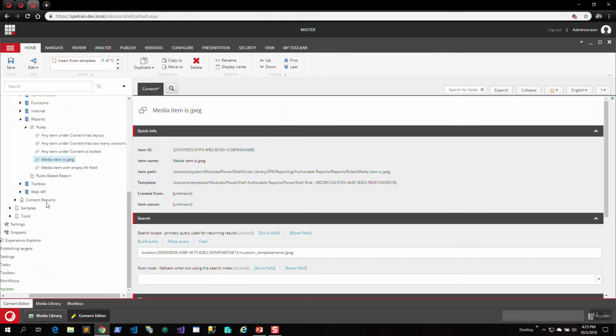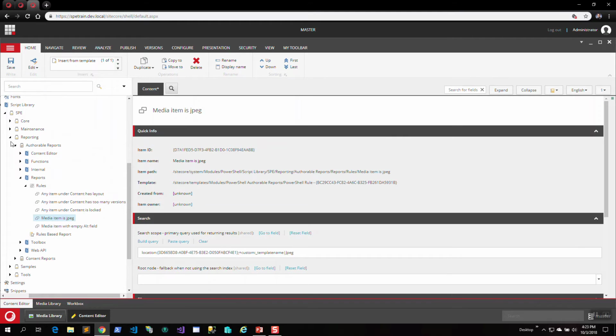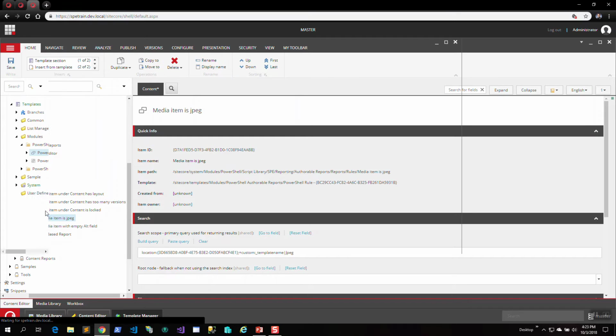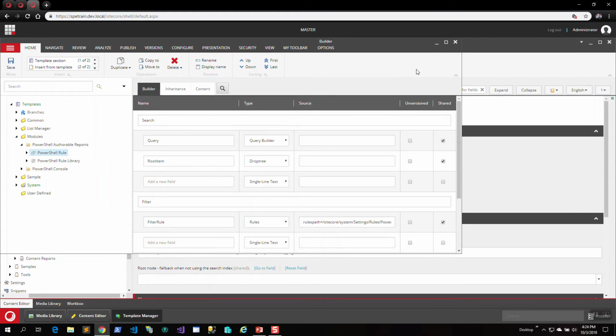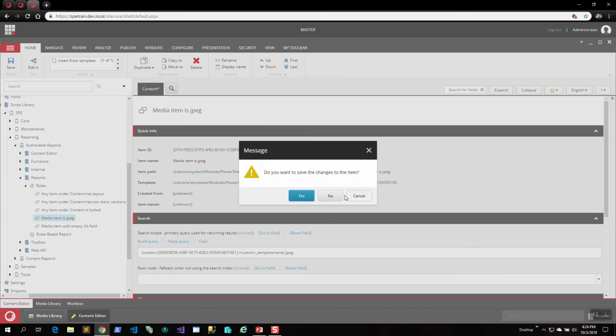So moving on, the rules reports. The way this will work is if you create a new module. So this name is starting to feel overused, but if you create a Sitecore PowerShell Extensions module using the wizard, which I've named this wizard now, you would create a rules directory, and the rules directory would then allow you to create one of these template types, PowerShell rule or PowerShell rule library. The rule then contains